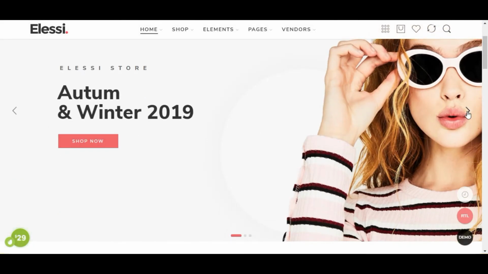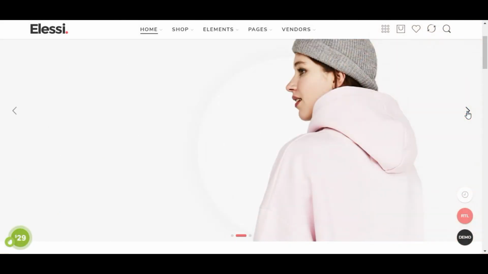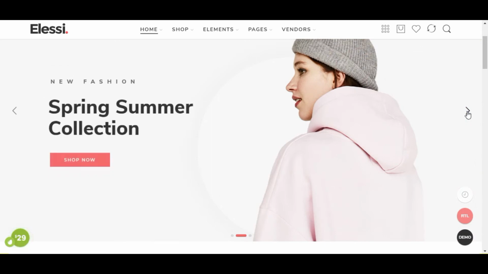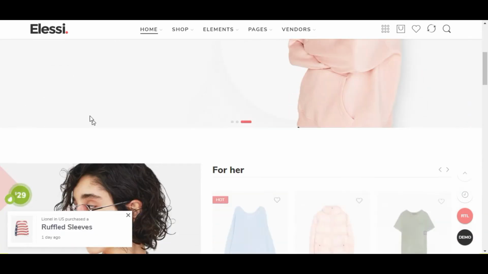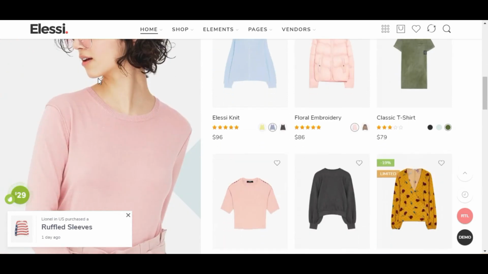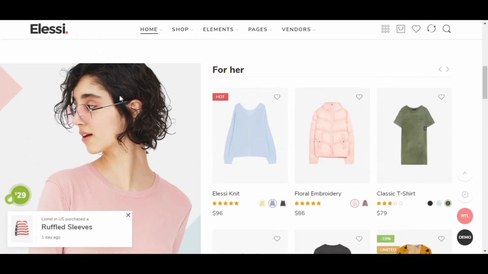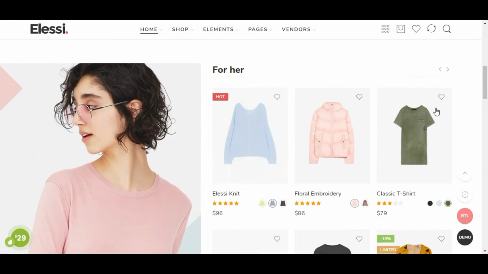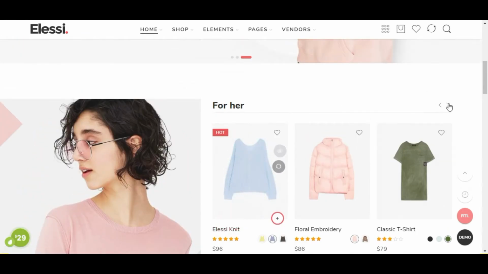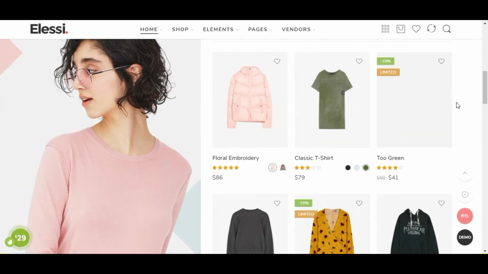This is the slider we have. This is a nice slider. You can add your slides in it, and this section is for the products, so they are featuring here the women category. So different types of layouts can be created easily using this theme.